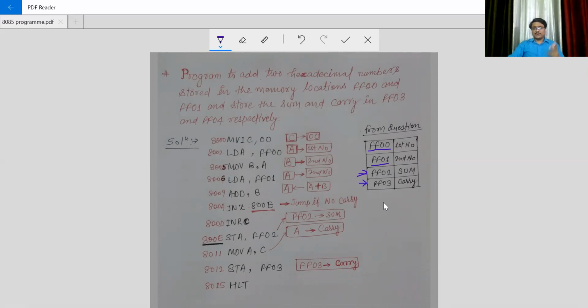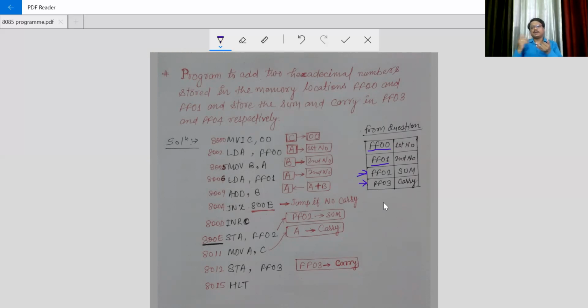So it is looking like a typical example. How can we do it? This programming is a little bit typical: two numbers in the given locations, we have to add them, and then the sum is to be stored again there. The carry is also to be stored in that location. I have chosen this programming to use some typical instructions, such as